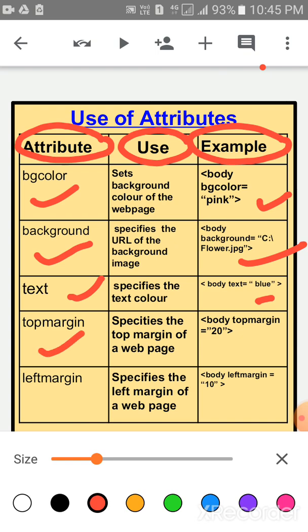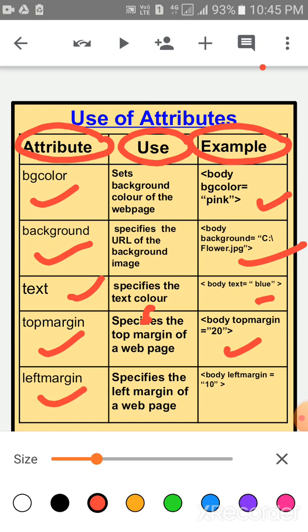Next is the top margin attribute. Children, the top margin attribute specifies the top margin of a web page. And then the syntax of top margin, body space top margin is equal to, within quotes write down the top margin size and then close the tag.